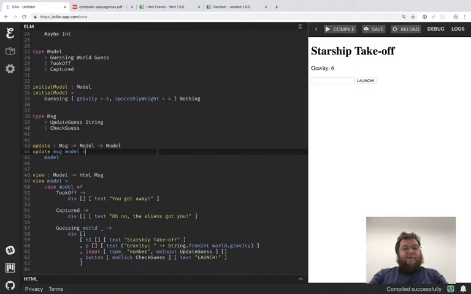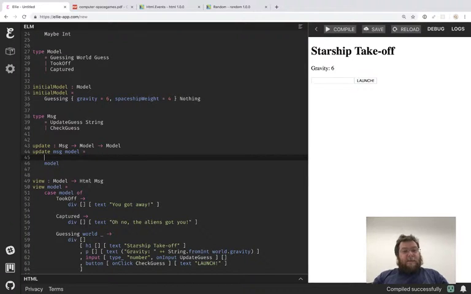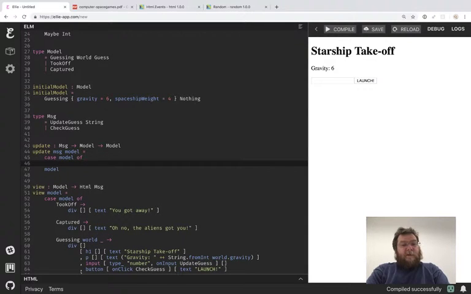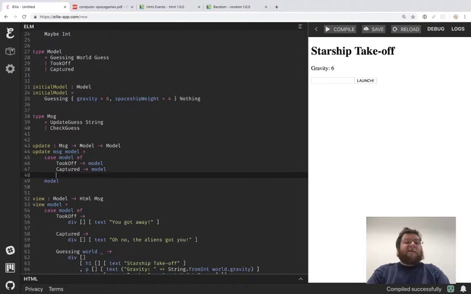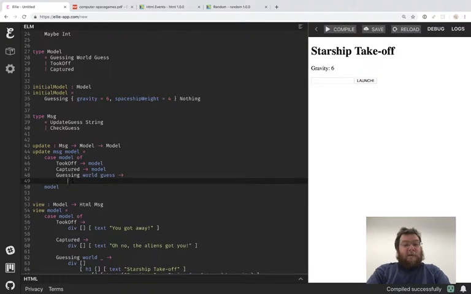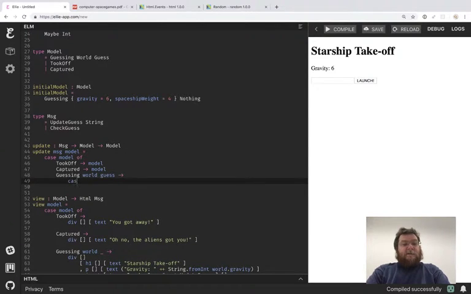So what have we got to do? Well, case model of: if took off, we just want to return the model. If we're captured, we just want to return the model. There's no updating happening once we're taking off. But if we're guessing, we need to handle the different messages. So case message of,